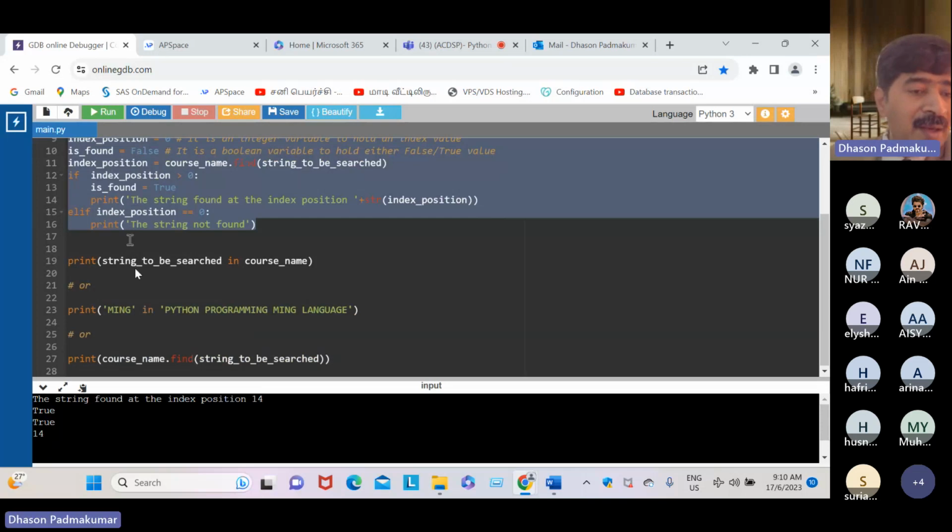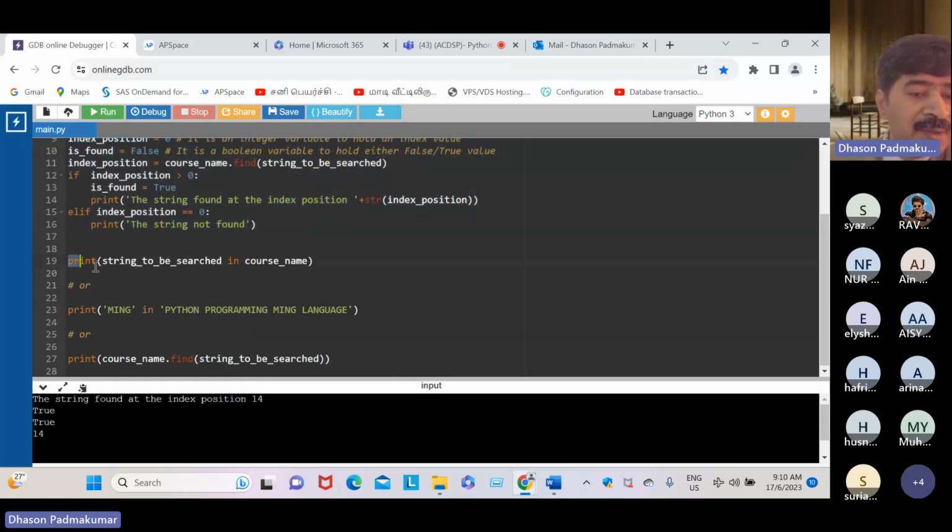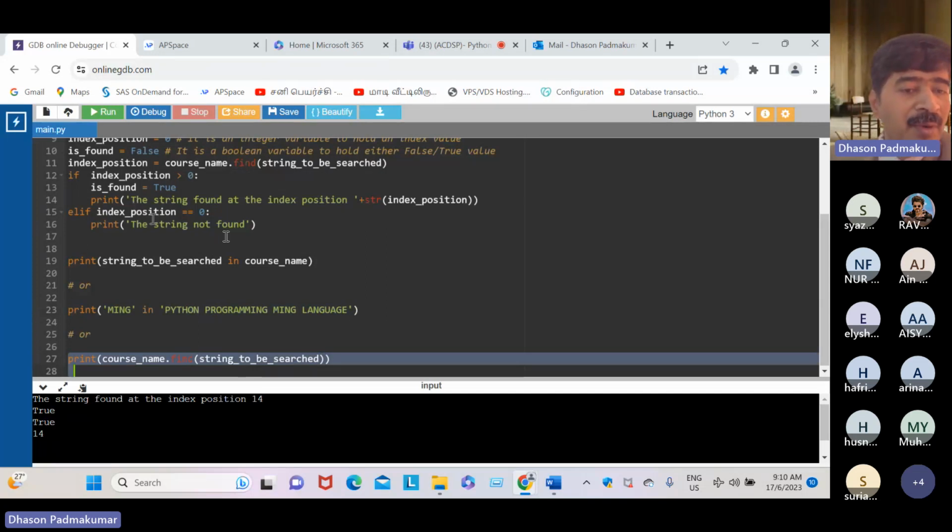If they ask you which is the most efficient, then you may choose maybe this, or this, or this. To evaluate whether you have coding skill, they may give you three or four programs and ask you to choose the right one. But actually here, all the programs are error-free. Every program works.